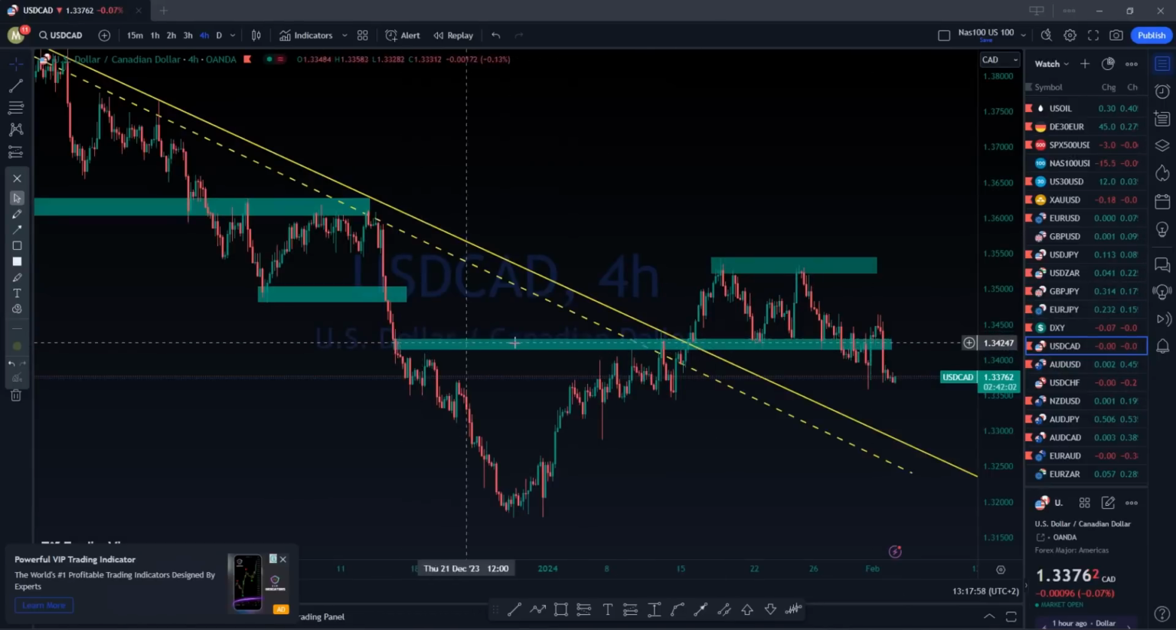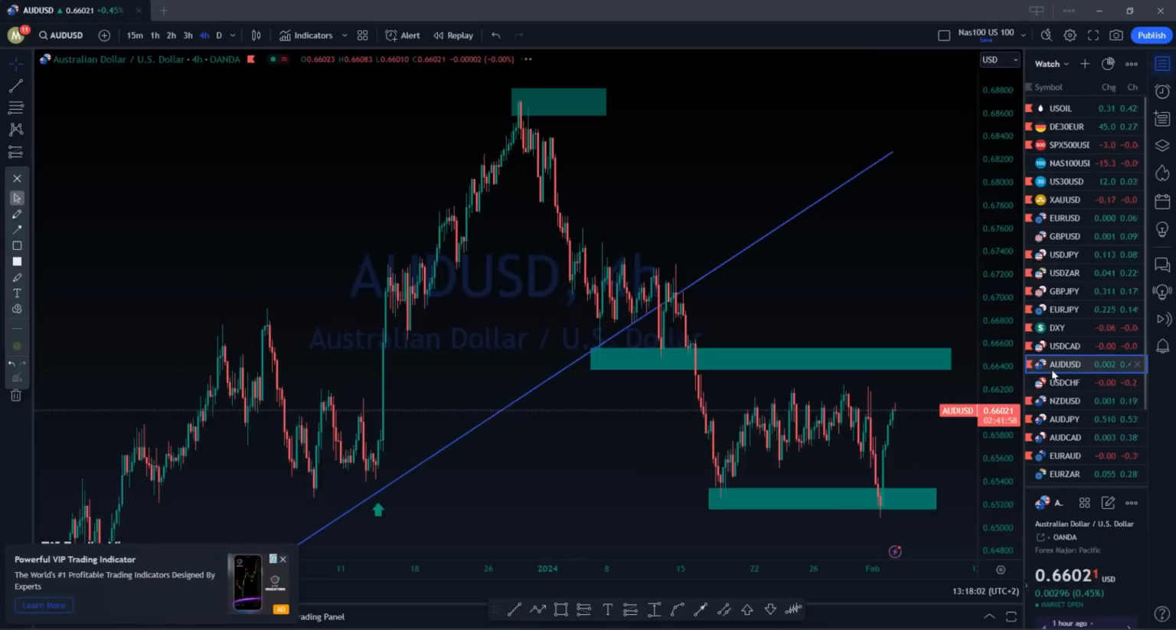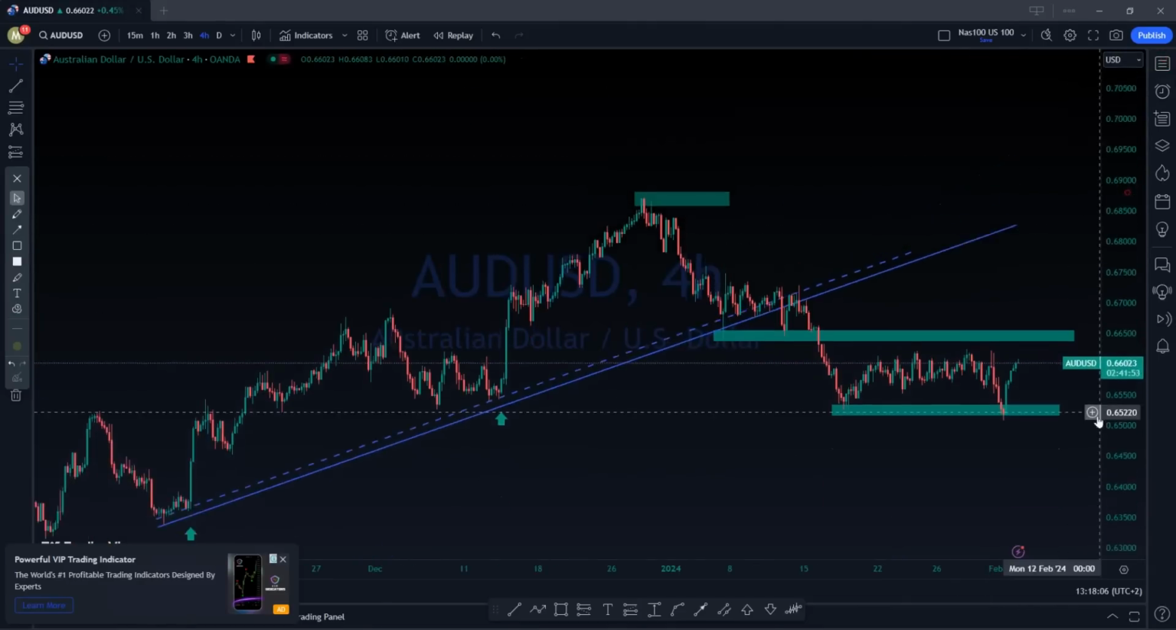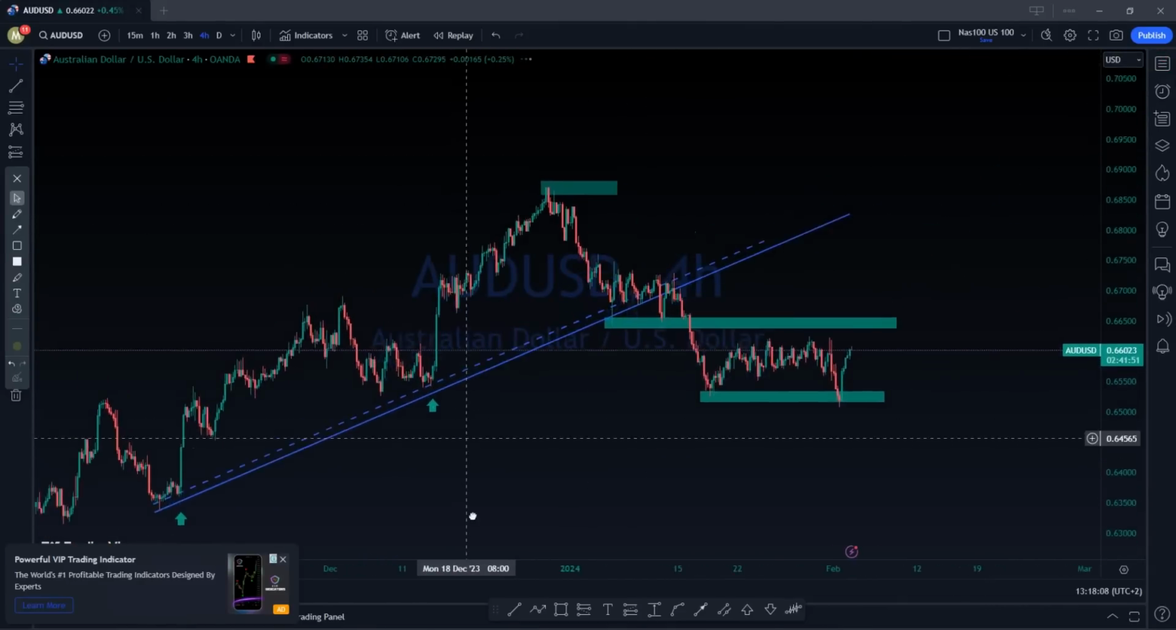Oh, here the support is here. I mean, the resistance is there. Yeah, okay, I see the other one here. So this was an uptrend. It was AUD